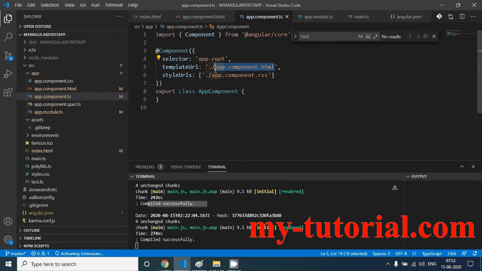Template means you can say the HTML, and whatever HTML is associated with this component, wherever you use this selector, this template will be rendered. And at this point of time, we are using this app-root